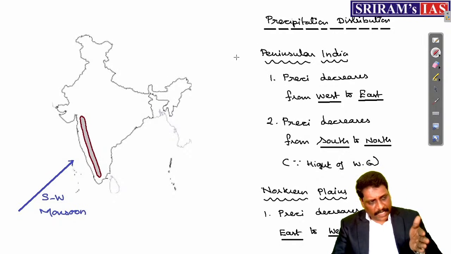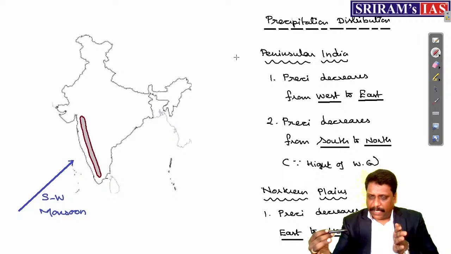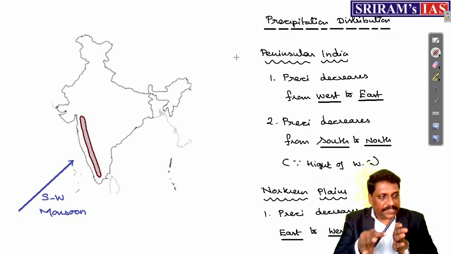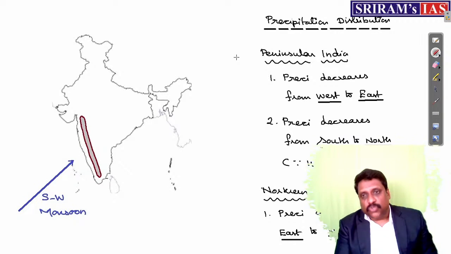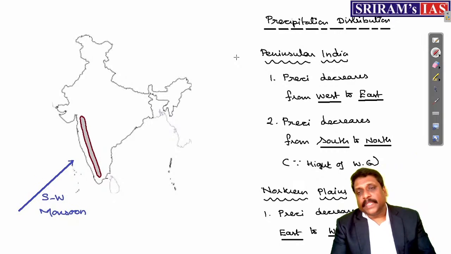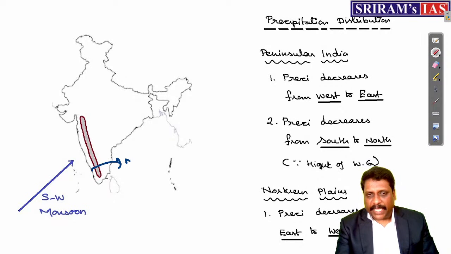Orographic barrier in the sense that whenever a mountain lies perpendicular to the movement of the wind, the wind rises using one slope of the mountain. That's what you call the windward slope. The more the rise, the more the condensation. The more the condensation, the more the precipitation. It means if the height of the mountain is more elevated towards the south along the west coast, I'll be having more precipitation towards the south, and comparatively less precipitation in the north.